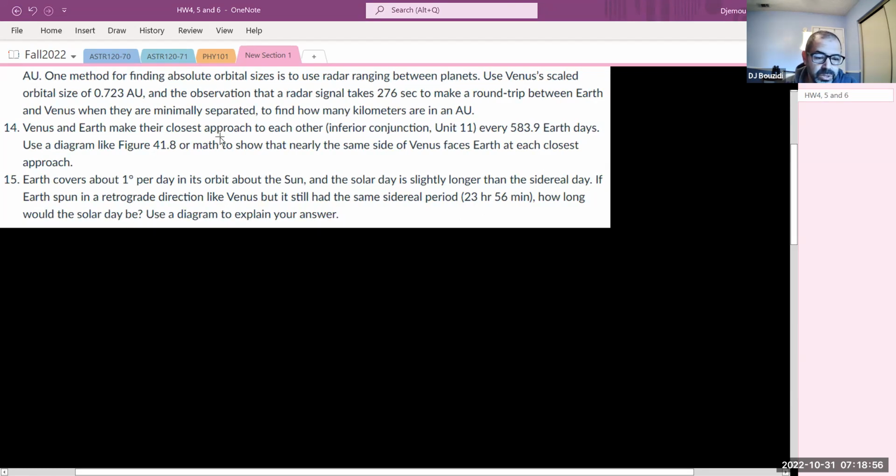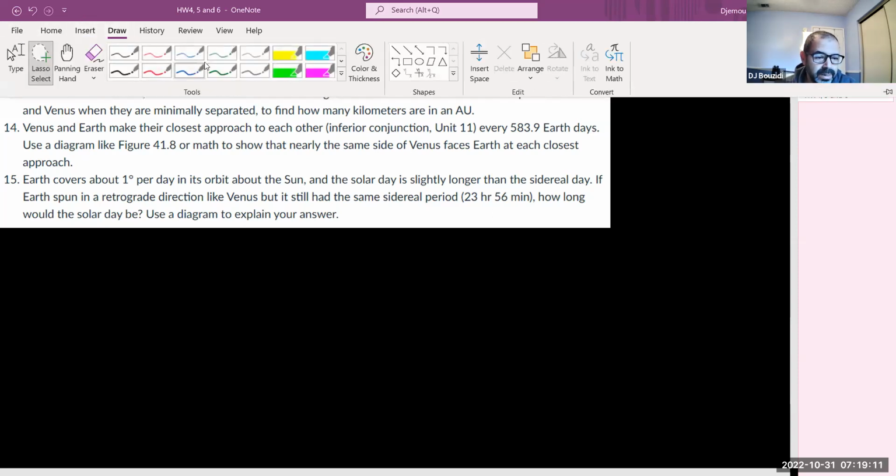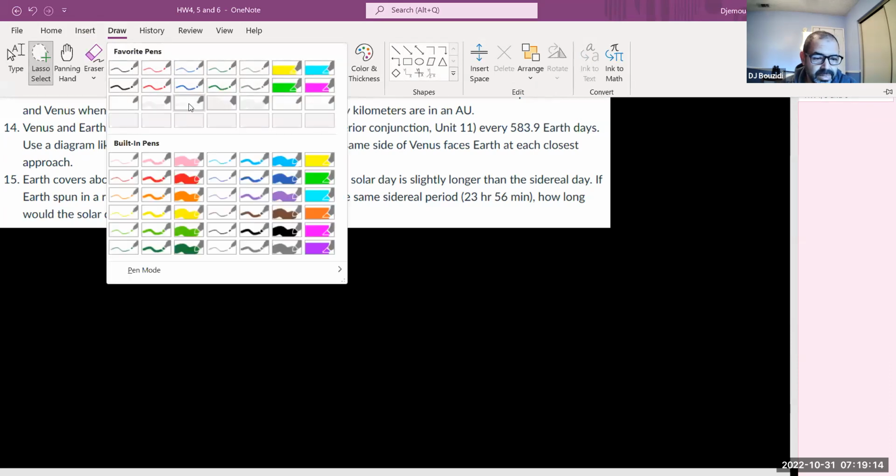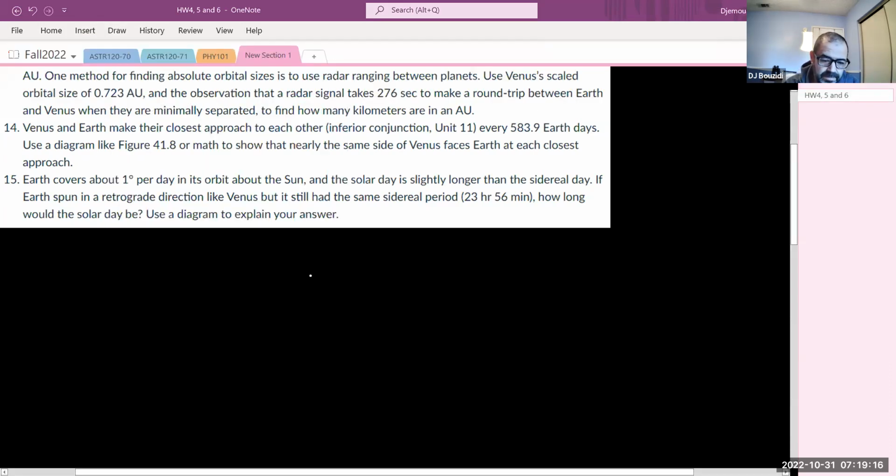Venus and Earth make their closest approach to each other during the inferior conjunction, that's from unit 11, every 583.9 days. Use a diagram to show that. Okay, what you need to know about this problem is that Venus's rotation period around its axis is 117 days. So if you take 117 days and you multiply it by 5, you're going to get almost the exact same number. So let me do this. 117 times 5